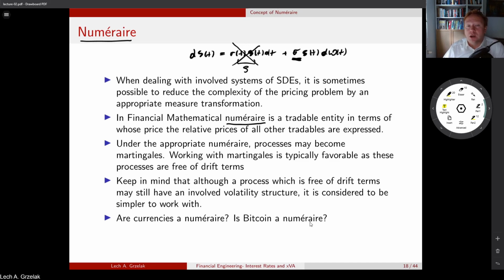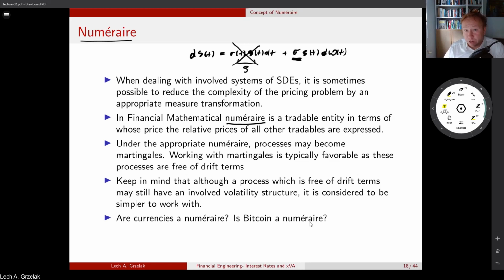Is Bitcoin a currency, or is Bitcoin a commodity? If it's a commodity, we can immediately say yes, it could be a numeraire because we could express values of other assets in Bitcoin. However, if you think of FX, a cross currency, the foreign exchange element, then